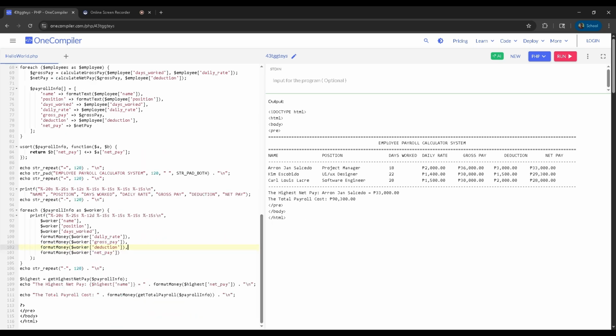So we have here the name Aaron Johnson. Basically this part is going to output the name, position, days work, daily rate, gross pay, deduction and net pay, which is this output from the container.